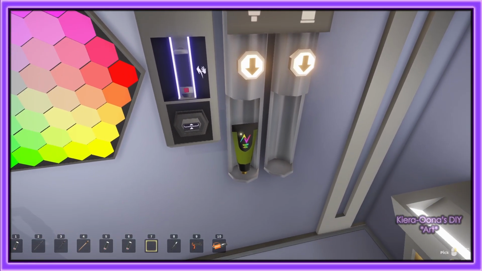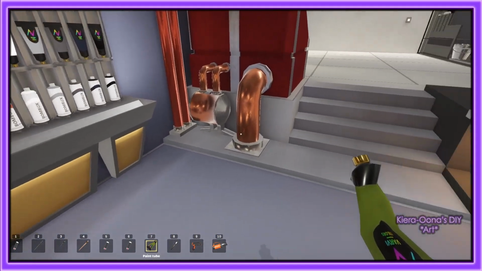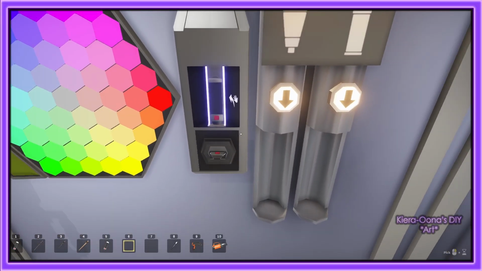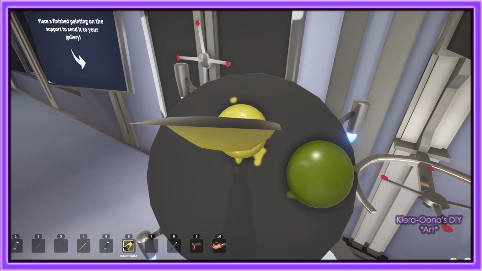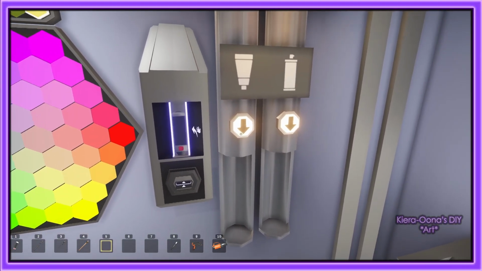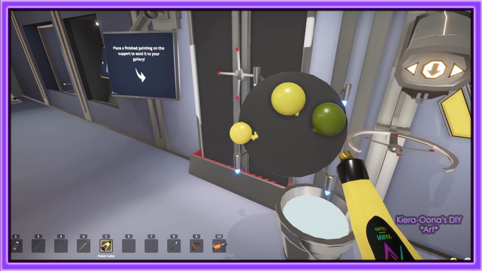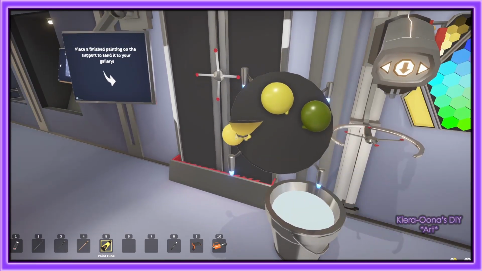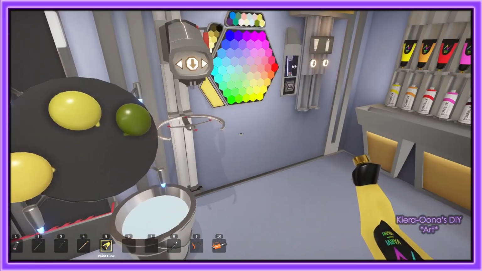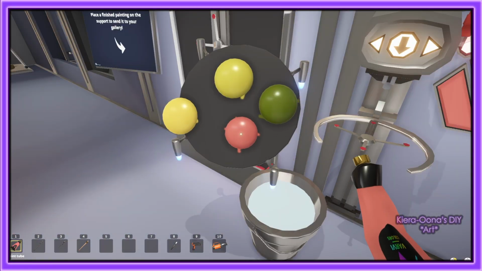So there's the green. Splurp that onto the canvas. I'll just chuck that over there. And then we've got the yellow. And then we've got... Did I accidentally pick the same color twice? No, it's slightly different color. That one's like a green, this one's a little bit more yellow. And then we've got that kind of peachy color, and we'll splurt that on there too.